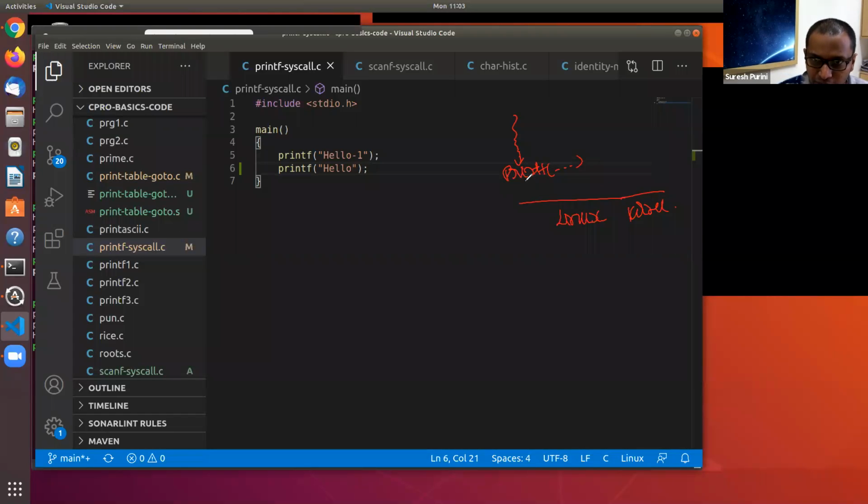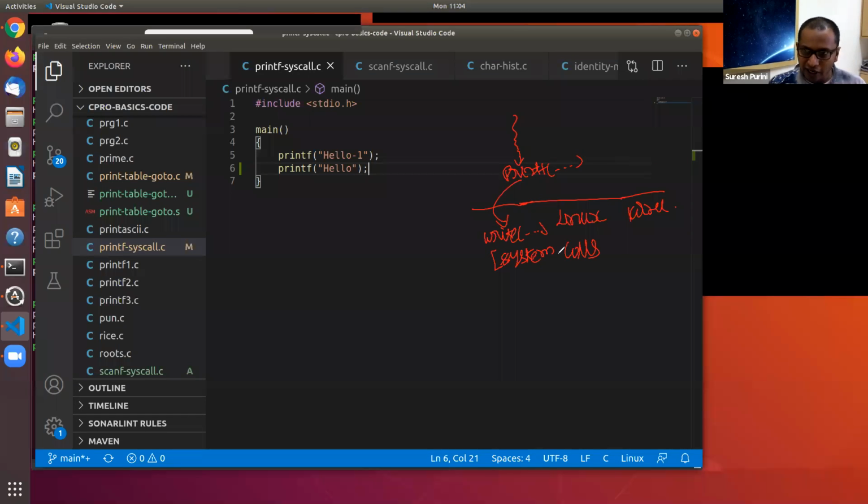So the printf statement calls a write system call. It makes a call to the write system call within your kernel. So when you call printf, your printf library call gets translated into a request to the operating system, and these requests to the operating system are called system calls.